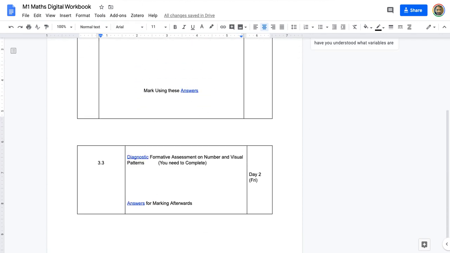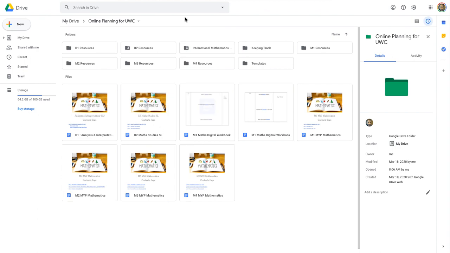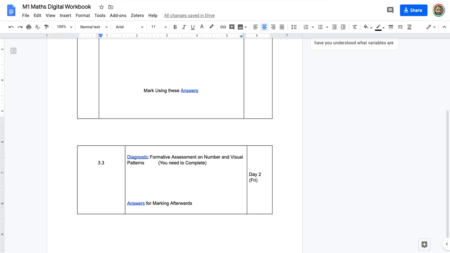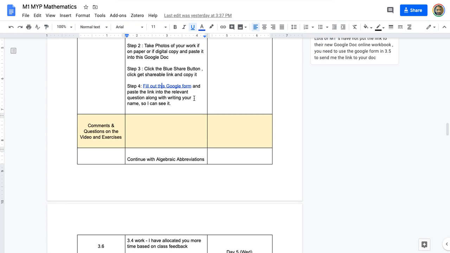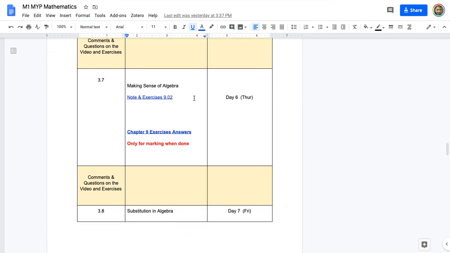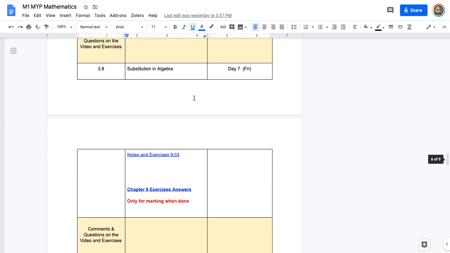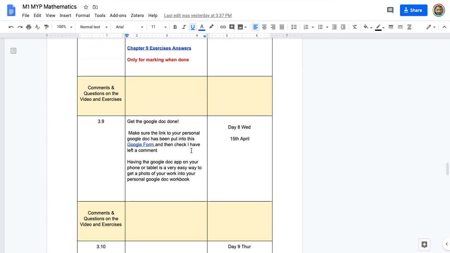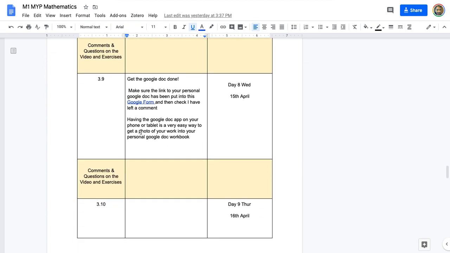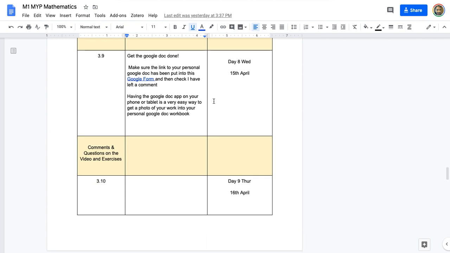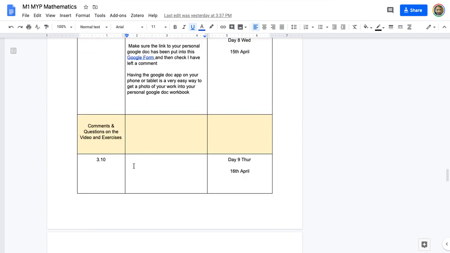And at least for this week, I would say that just working through this table, some of you may be a bit behind, you may have to catch up, but basically getting this set up right, and then we said yesterday the work was just to get the Google Doc set up and done,